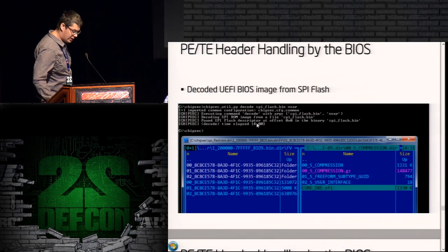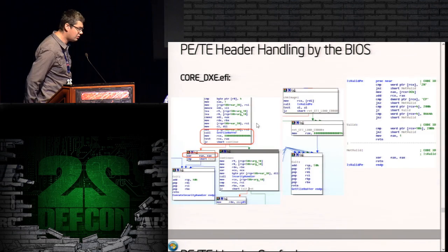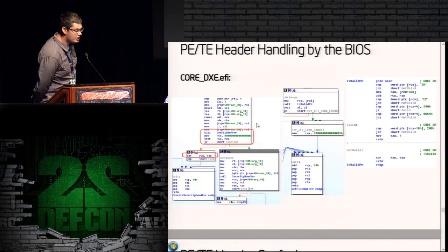Let's take a look at the actual implementation inside a UEFI BIOS. We parsed an SPI flash dump with chipsec, and we found the DXE driver that actually implements the image verification library. It's the core DXE UEFI file. We loaded it into IDA Pro, and we found the function. To the left is the image verification handler. What it does is call a function that checks whether the executable image is a valid PE/COFF image, and it returns an error if it's not. And if it returns this error,